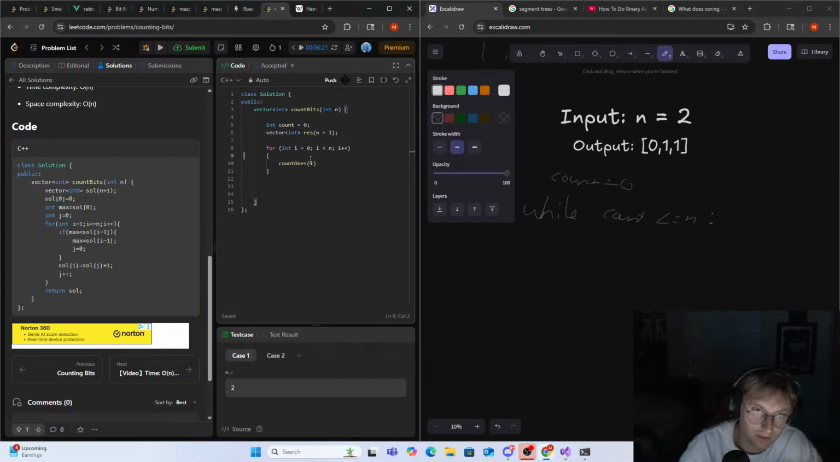I believe this would be less than or equal to n, not less than n, because we want everything, right? Out here we have a helper function, so in count ones we have our num. Inside of our count ones function, so while